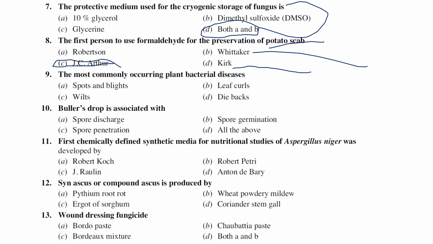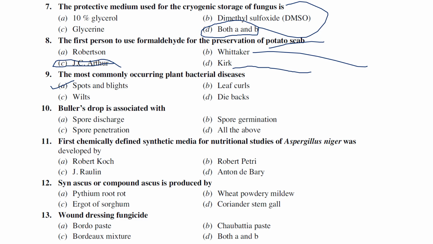And the next question is the most commonly occurring plant bacterial diseases. Most commonly occurring: spots and blights, leaf curls, wilts, and dieback. Generally, mostly we can see spots and blights. Buller drop is associated with